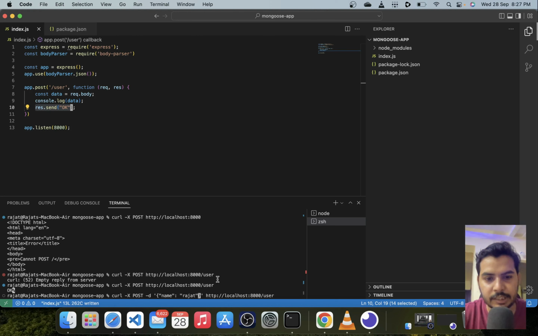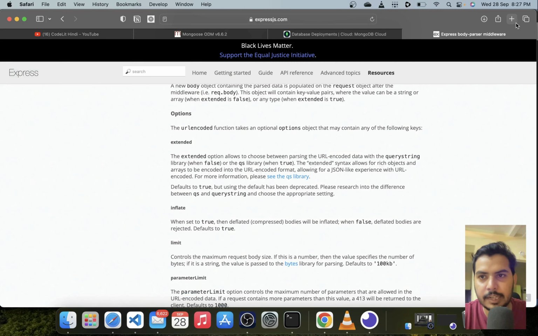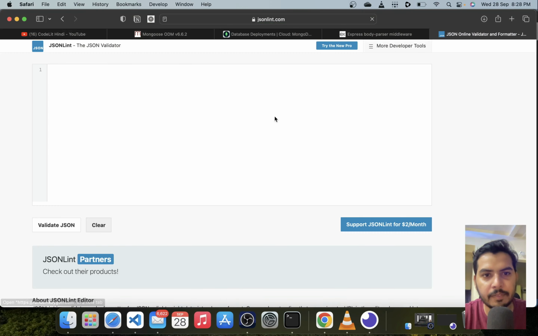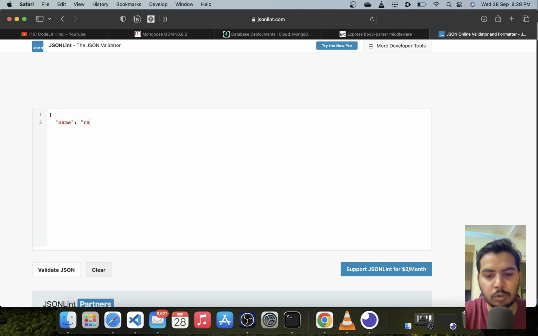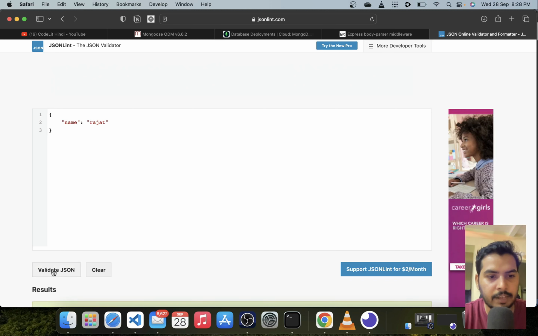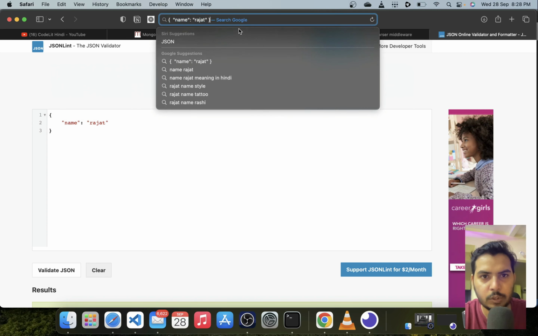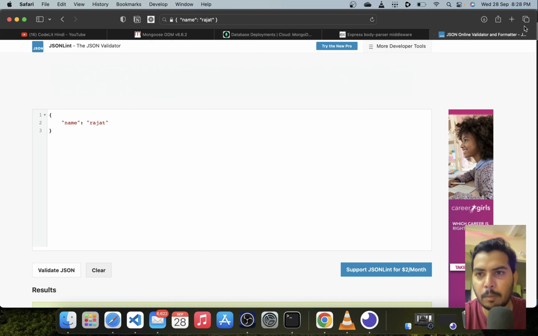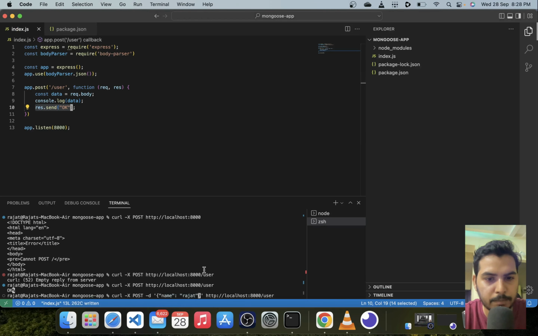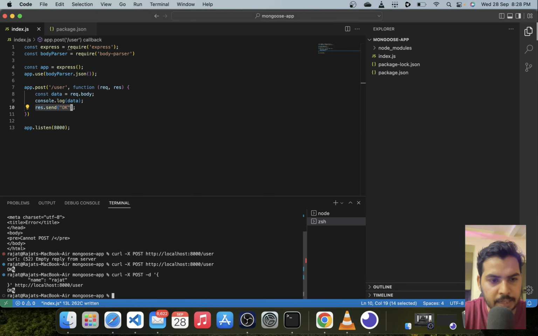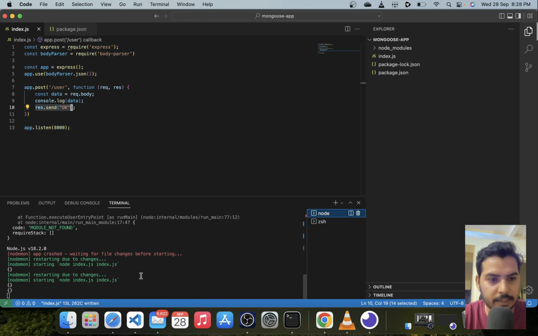So this is JSON. What you can do is open up something like JSONLint and write your JSON over here. I will simply write my JSON which I want to submit and I will validate it. It's a valid JSON, and I can simply copy it and paste it over here so as to get the output in one line. Okay, this is very troublesome. It is not letting me copy this thing. So what I can do, I can simply copy it over here and I will press enter. It says okay, and then let's see what data it submitted.